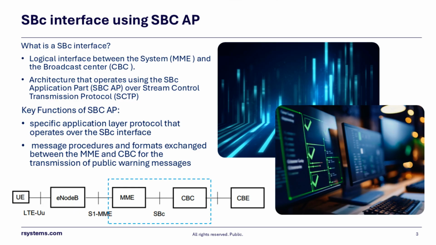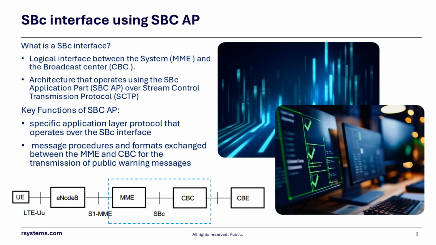This interface operates using the SBc application part, or SBc AP, which is an application layer protocol that runs over the SBc interface. SBc AP specifies the message procedures and formats exchanged between the MME and CBC for delivering warning messages. The transport protocol used beneath is the Stream Control Transmission Protocol, or SCTP, which ensures reliable communication or multi-homing